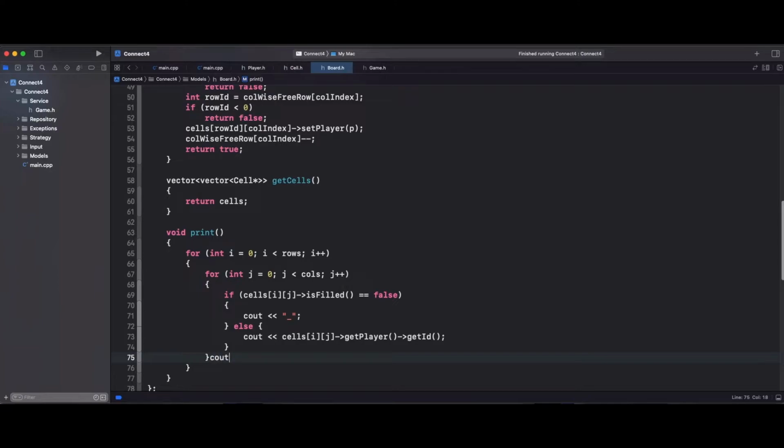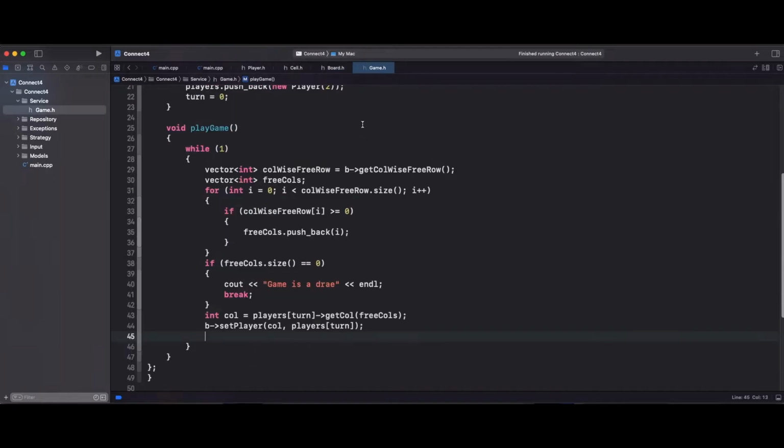Now after a particular row I will give a line break. So this is how I am using a print. So once a player has set, I can do a print. Now we need to do turn plus plus and then turn percentage equal to